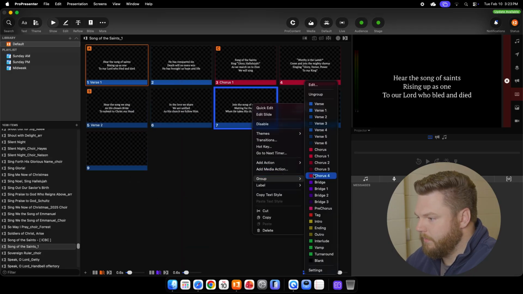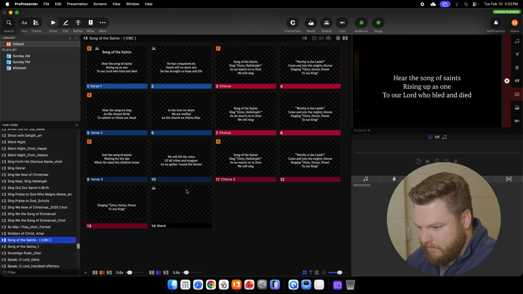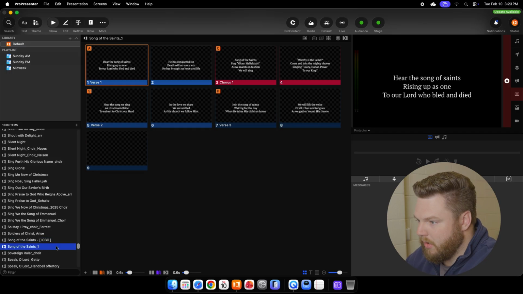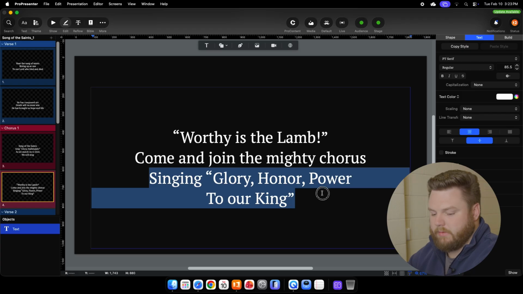And group verse 3. Okay. And then I believe it's not on the website, but this song has like a tag to it. So what we'll do here in that case is go back to our editor, go to Singing Glory, Honor, Power to our King,